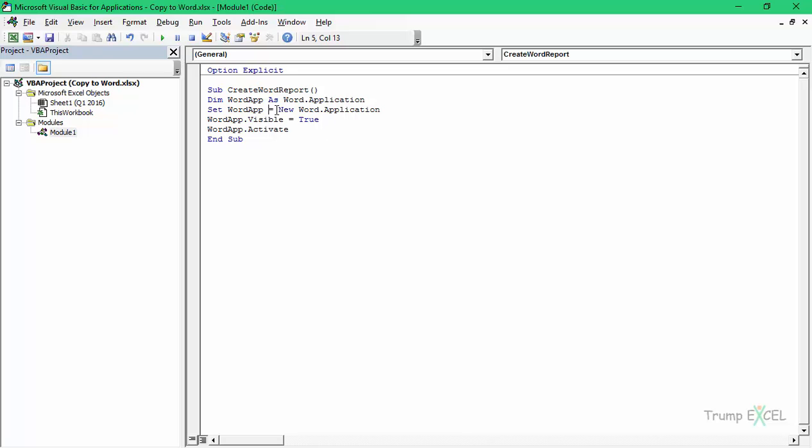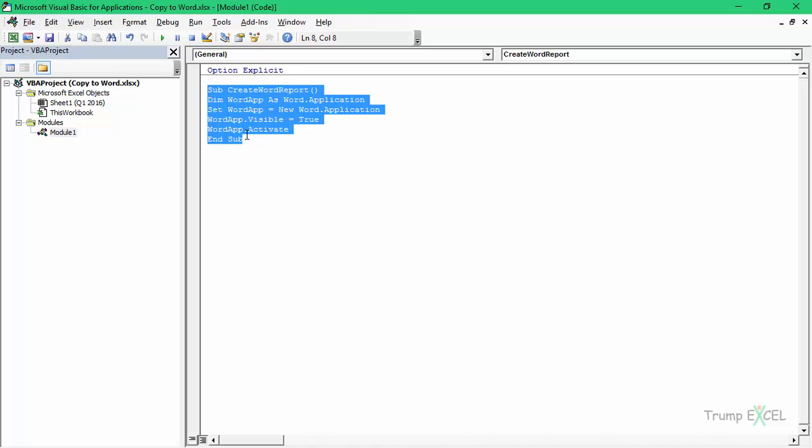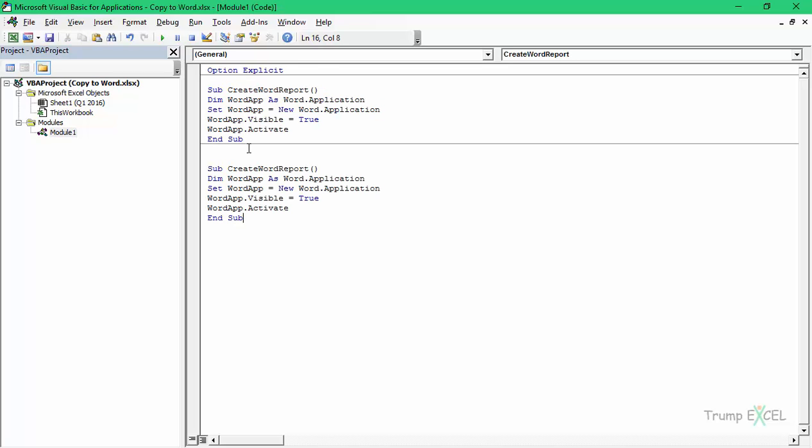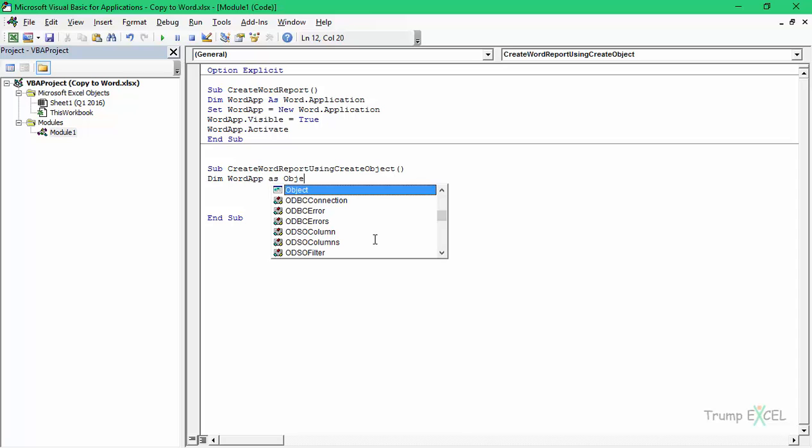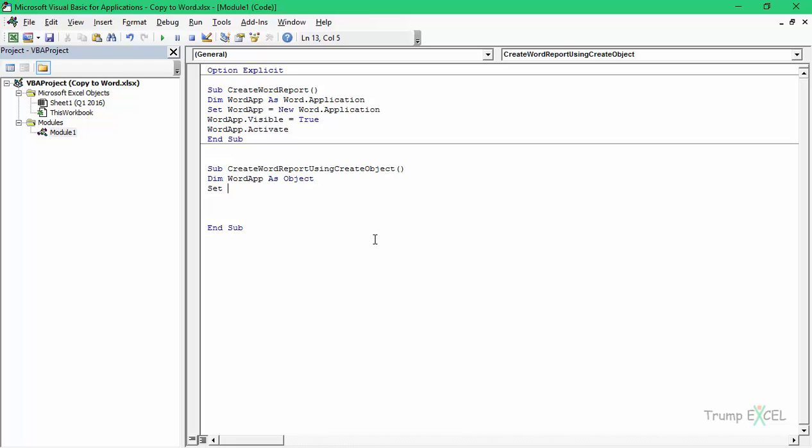So there is another way where you need not link the library. Let me copy this code and paste it here, and I will change this name to using CreateObject. In CreateObject, let me delete everything. We do not specify it as the word application, we specify it as an object. So here we would say Dim wordApp as Object, and then we would say Set wordApp is equal to